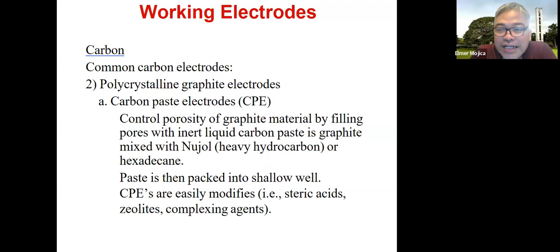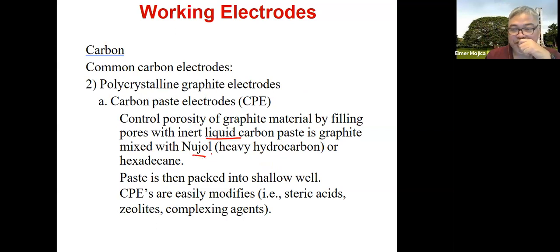And the one that we usually use is the carbon-based electrode. This is the polycrystalline graphite electrode. So all of you have what we call the CPE. Okay, so this is a control porosity of graphite material by filling pores with inert liquid. Carbon paste is graphite